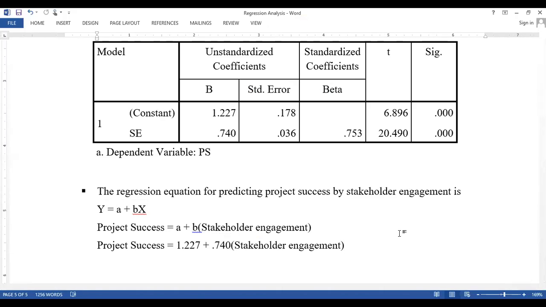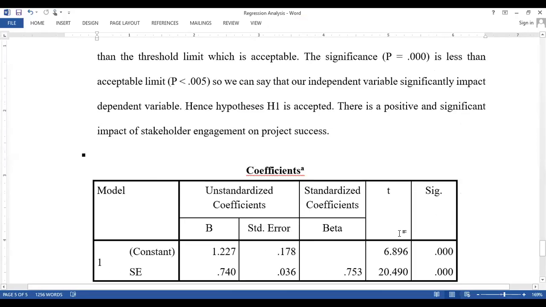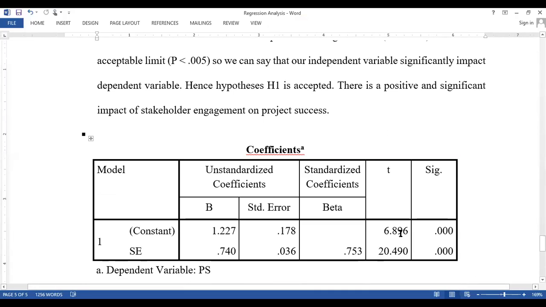On the basis of this analysis, if we summarize these tables, we have performed a regression analysis using the simple linear regression method. What does it reflect?